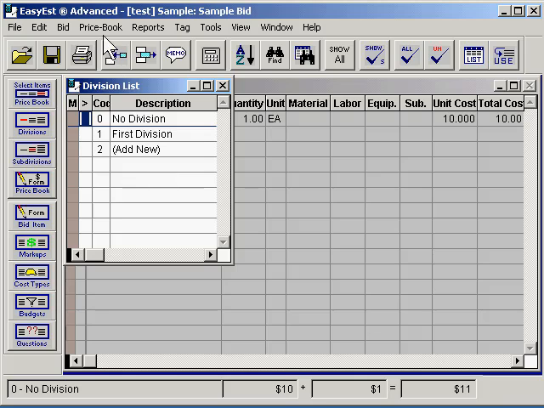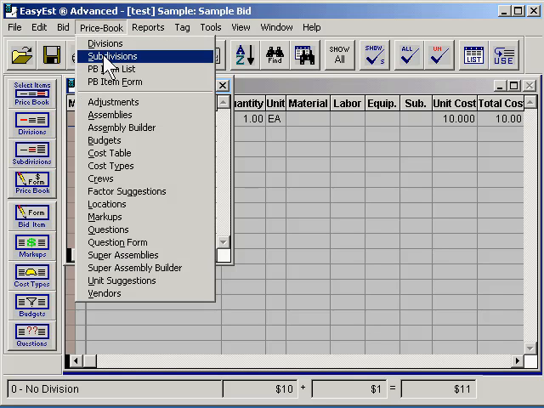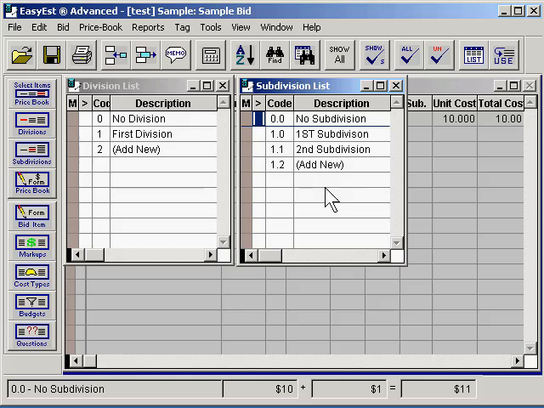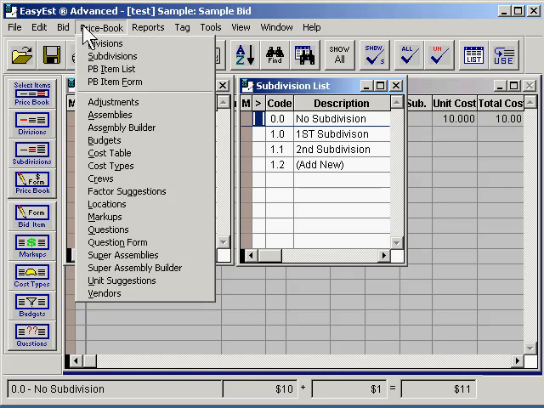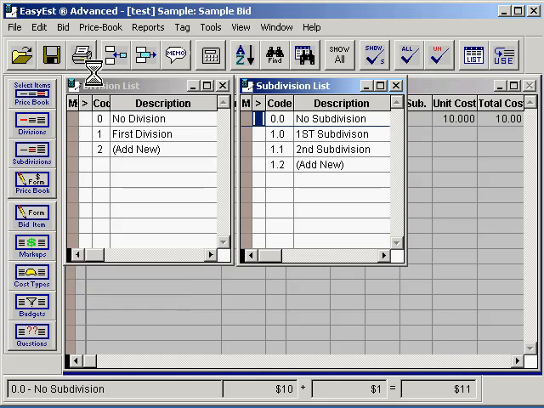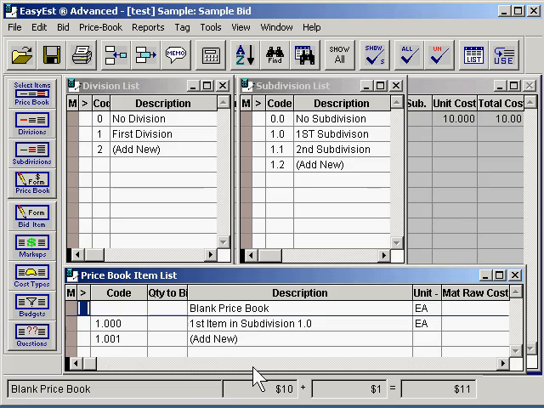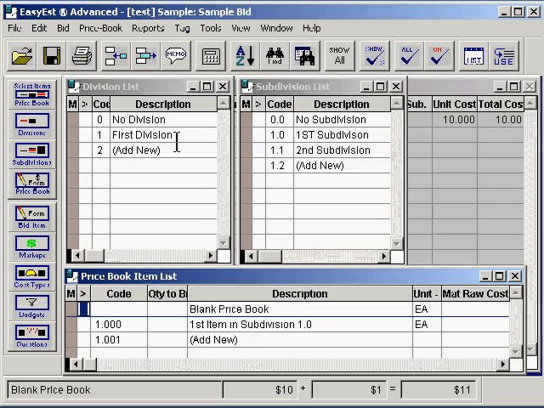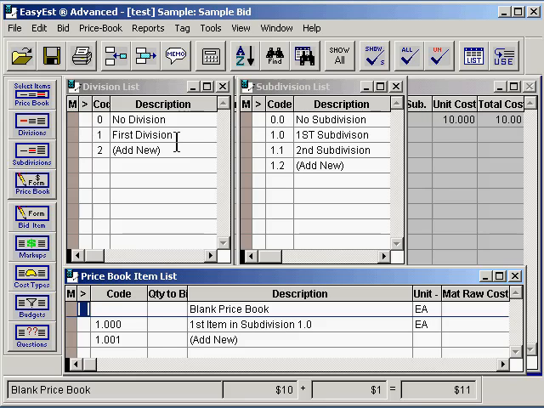To do the subdivisions, you click on Price Book and Subdivisions, and now we have both the division and subdivision list up, and you add the subdivisions. After you have the divisions and subdivisions, then you would click on Price Book and go down to the PB item list and start adding your items in. You should go to the electronic help system by clicking Help and Contents and viewing how to build your price